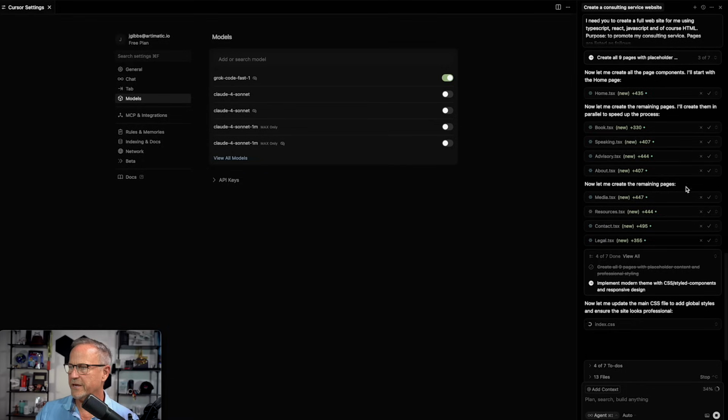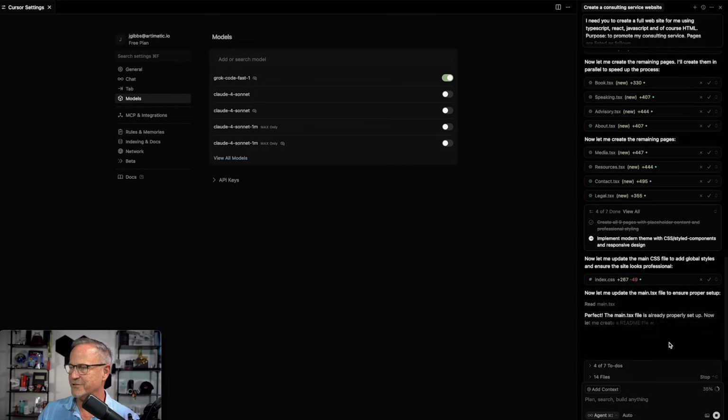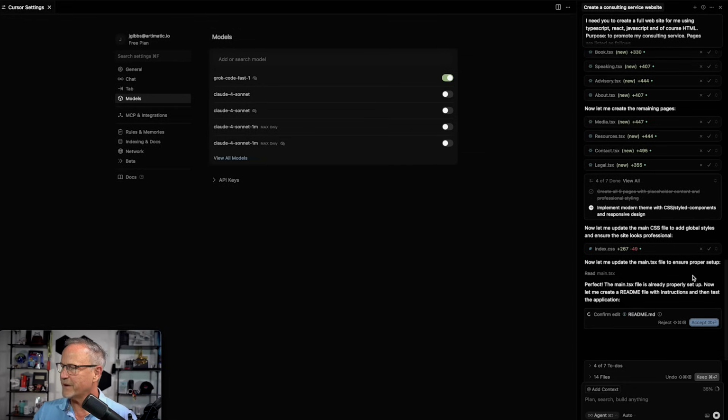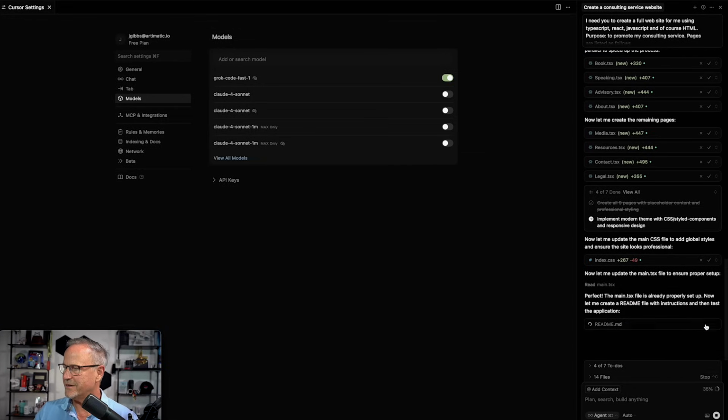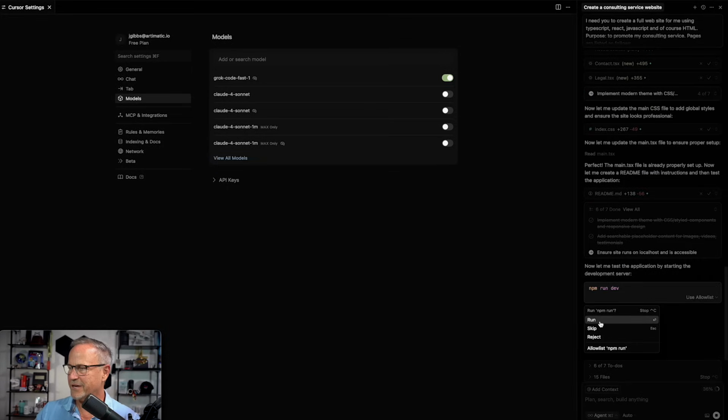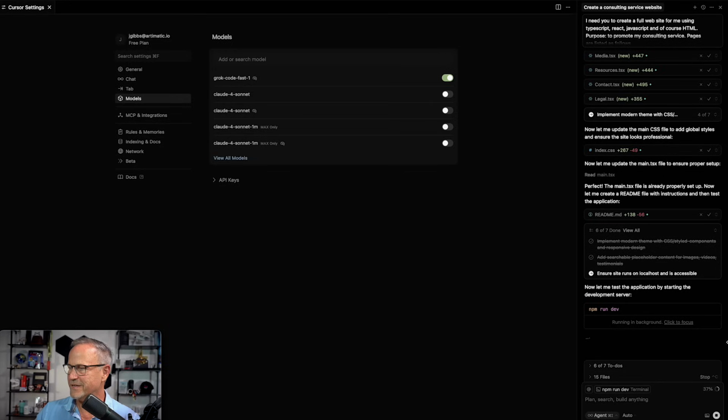So again, breaking in here quickly, it's created all of the pages, and now it says it's making a main CSS file to add global styles and ensure it looks professional. Perfect. It's already properly set up. Readme.md. Okay, that's interesting. I didn't even ask for one of those, so it's creating a readme for this. And now it wants to start the application server, so we will do npm run dev, and I'll just click